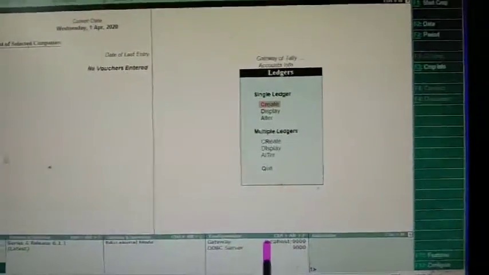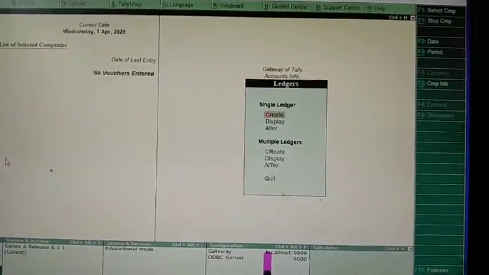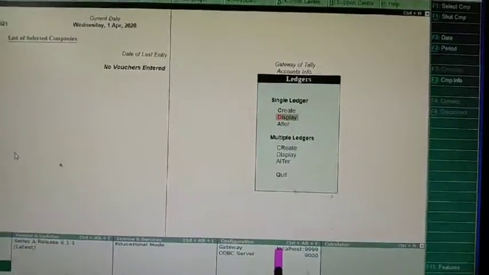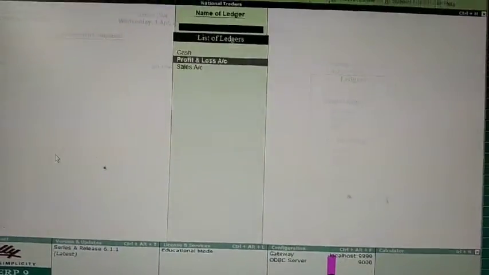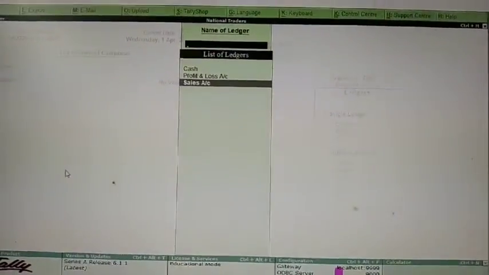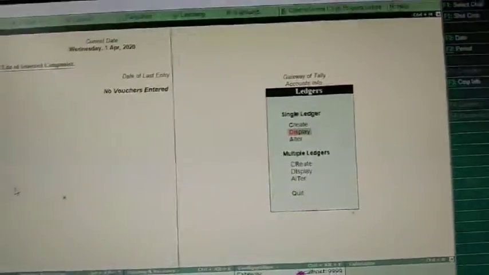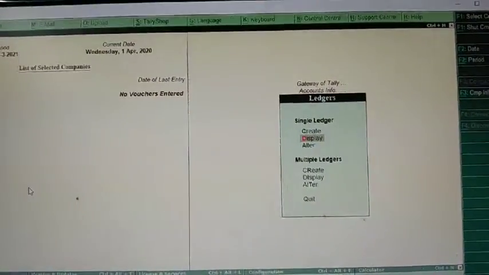If you want to view that, go to display option, and apart from your two ledgers, you can see the sales account, which I have created just now. So under display option, you can view the ledger display.